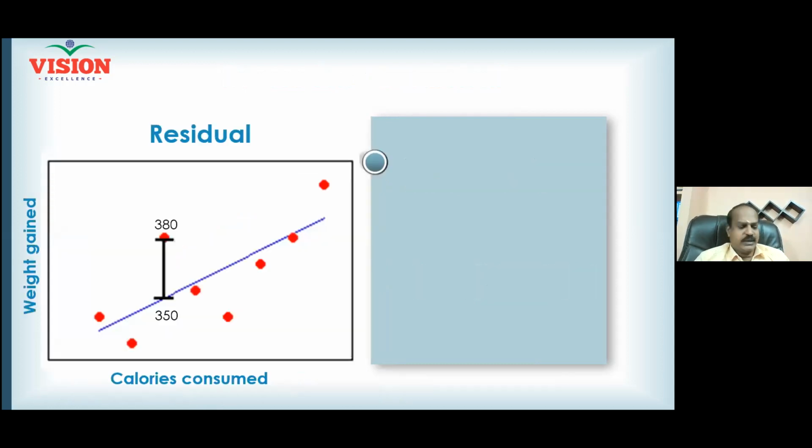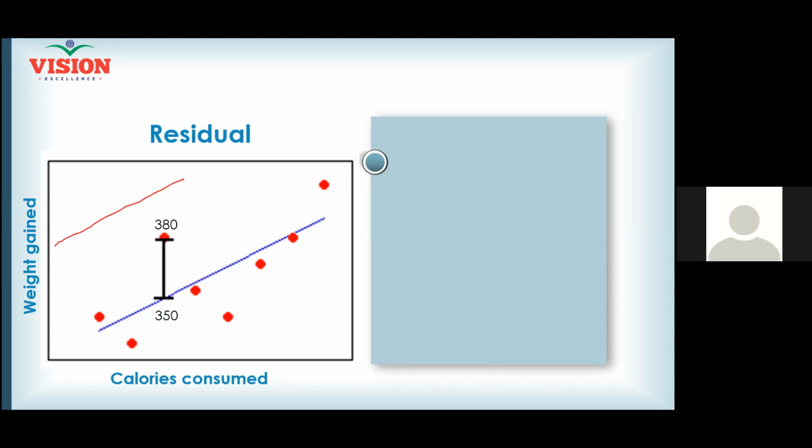Right. And now in regression, the role of the residual is important. You need to understand. See here, I am showing a scatter diagram. The scattered points are the red ones. When your scattered points are like this, how do you frame the equation? By drawing a line through the points. Now tell me, if I draw the line somewhere here, will you accept my equation? No. Why? When I draw here, the error will be more. Suppose I draw below, here also the error will be more. The error is at the minimum at the blue line.